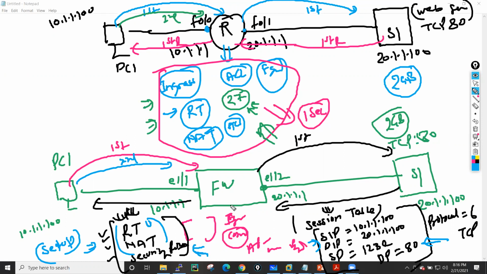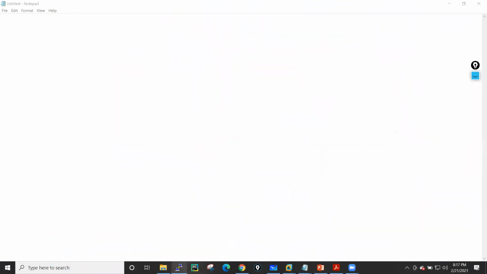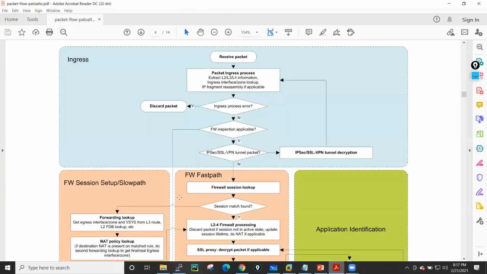So that is, guys, your stateful firewall. In a stateful firewall, your firewall creates one session table. On that session table, it will save the information, which is source IP, destination IP, source port, destination port, and protocol number. Whenever the firewall has an entry of a packet in the session table, it will just bypass the connection setup state. Let me show you what the connection setup state is, guys, so you will get the proper idea, because today we will cover the packet flow of this firewall.